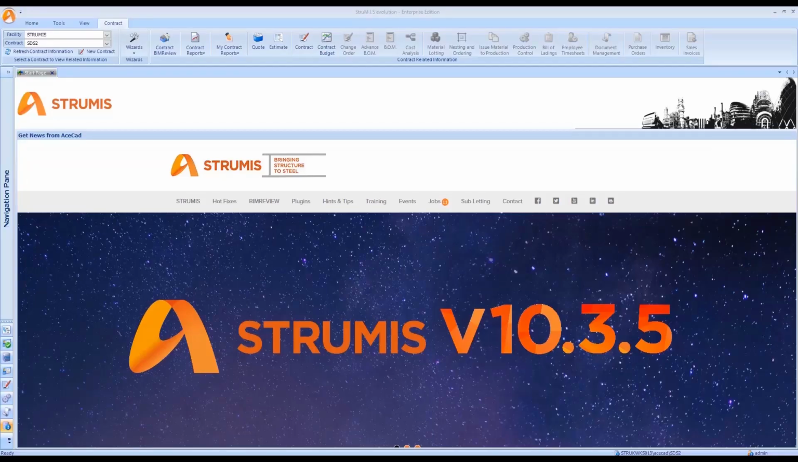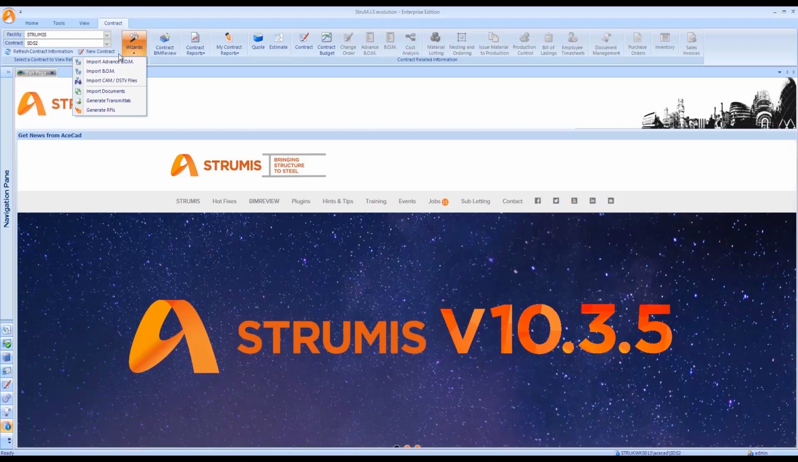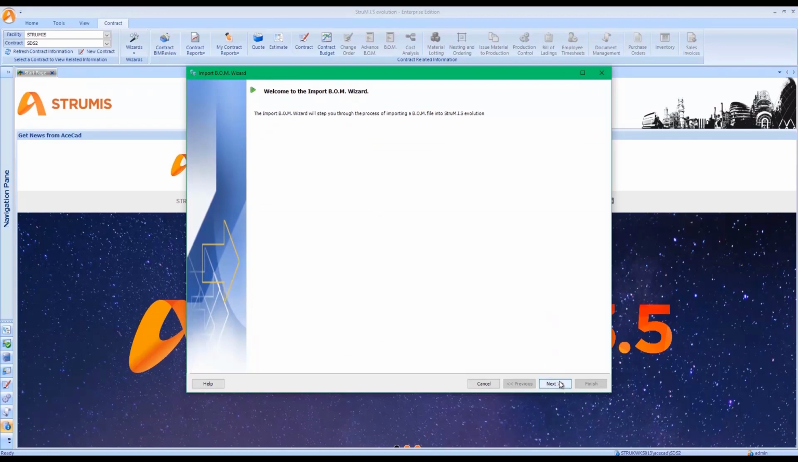Thank you, Laura. Now that we have the BSWX file exported from SDS2 using the latest BIM Review plugin, we're now going to process that in STRUMIS. So we're going to be using our wizard tools to do so. I'm going to go up to wizard to start with on my contract ribbon, import bill of materials,